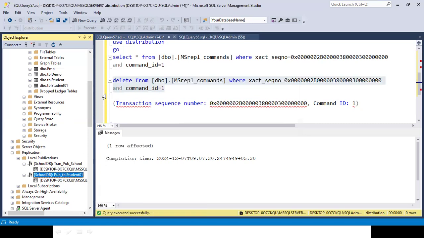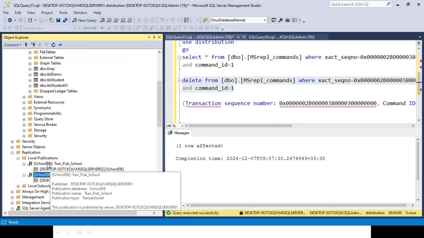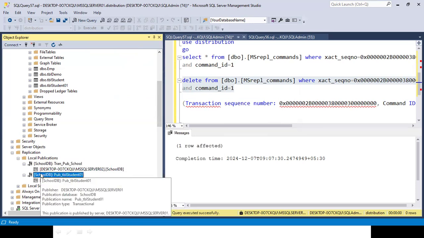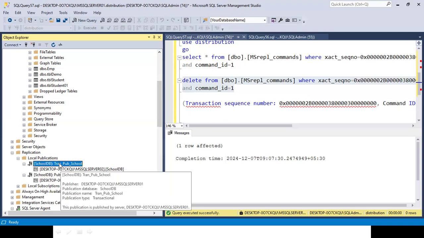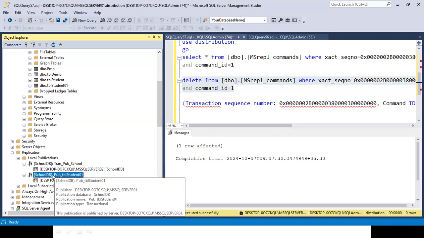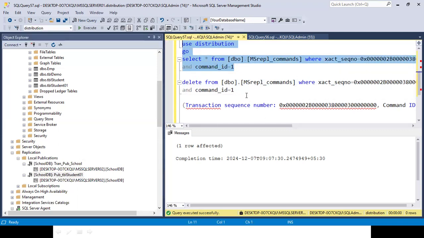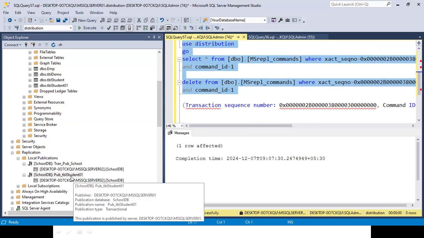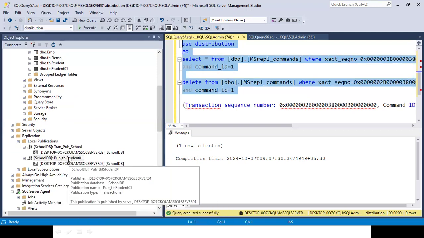Arun, you got this solution basically. I created a publication. One publication holds three tables, and one publication holds one table. I know publication 01 has so many problems we are facing, so if we have to reinitialize, it will take so much time. But this publication has only one table, and that will take less time. So instead of fixing issues one by one, record by record, you can directly reinitialize if you face any problem. Let me show you the solution here.